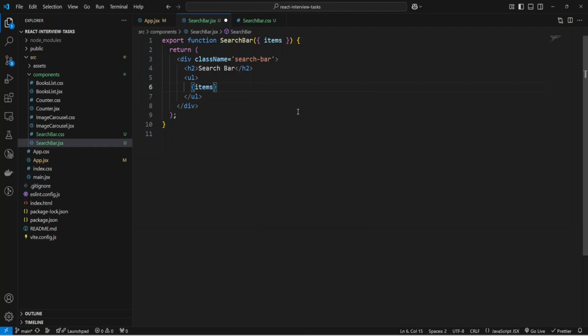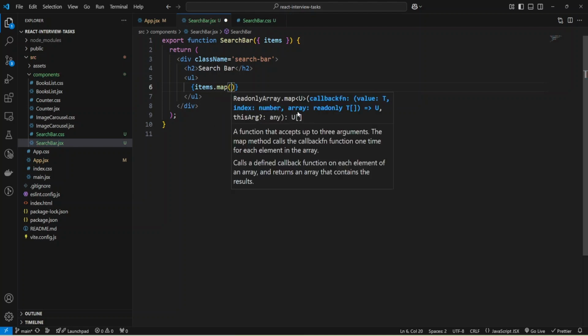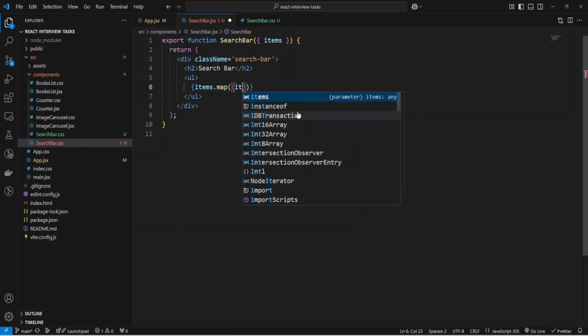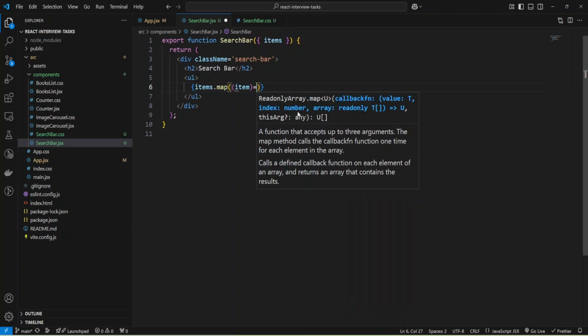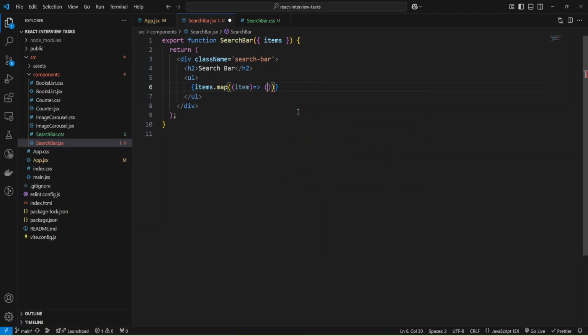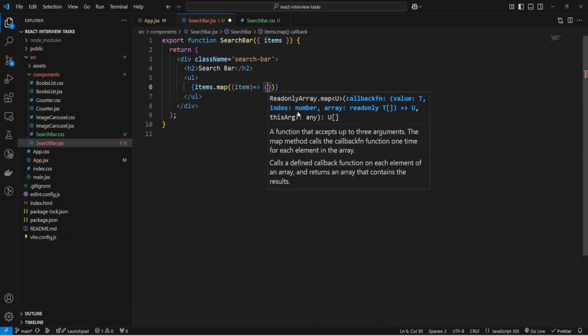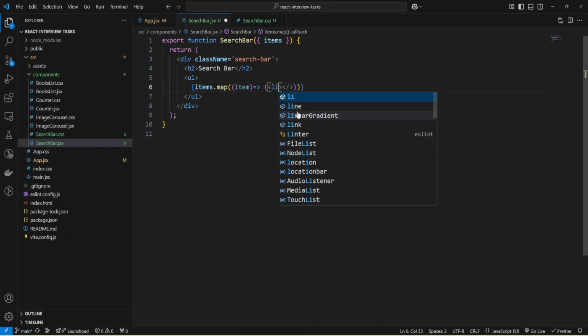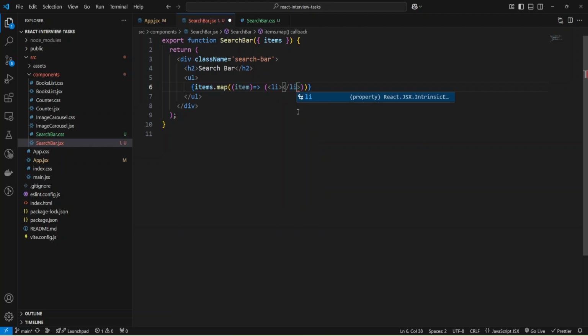Items is an array, and I can use the map function to iterate through items, and for each item I'll provide the function that will just return JSX, and I'll use li. Okay, and we'll just provide my item, and let's check.